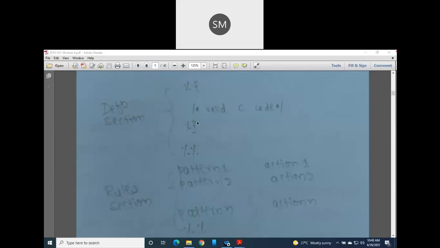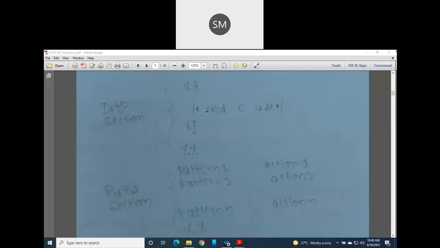As I already told you, Lex takes this file as input and produces a .c file as output. That .c file you get as output from Lex is purely a C file. So here you are writing C statements only, for declaring variables or initialization. Whatever you write in the definition section will not be in .l format; it is already in .c syntax.